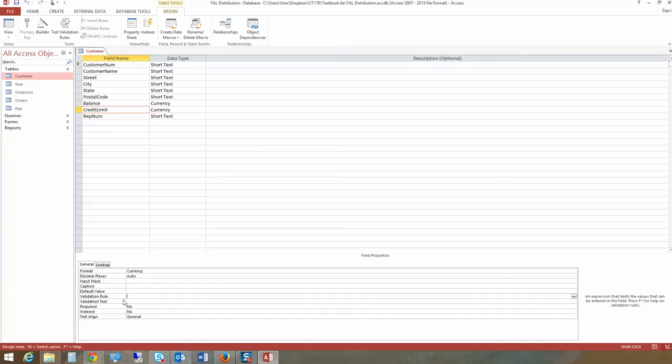So mine will be equals 5,000 or equals 7,500 or equals 10,000 or equals 15,000. Now you can also type in text here where it says validation text, so that if someone violates the